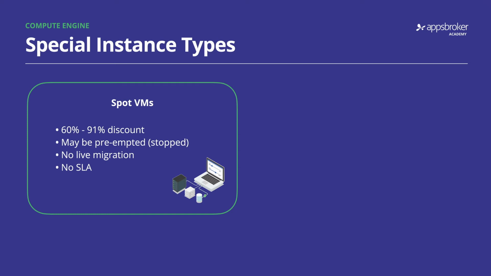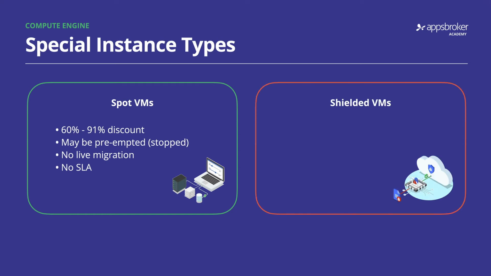Now, on the completely other side of the spectrum, the other special instance type I want to show you is a shielded VM. These special VMs are hardened by a set of extra security controls, such as a virtual trusted platform module, which cryptographically signs and authenticates the state of a virtual machine. Shielded VMs also offer secure boot, which ensures the integrity of the bootloader, kernel, and boot drivers to guard against malicious modifications to the VM, and shielded VMs can even provide integrity measurements in logging and monitoring systems.